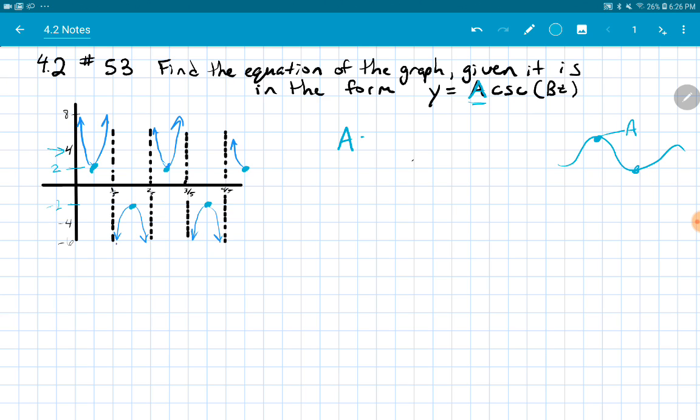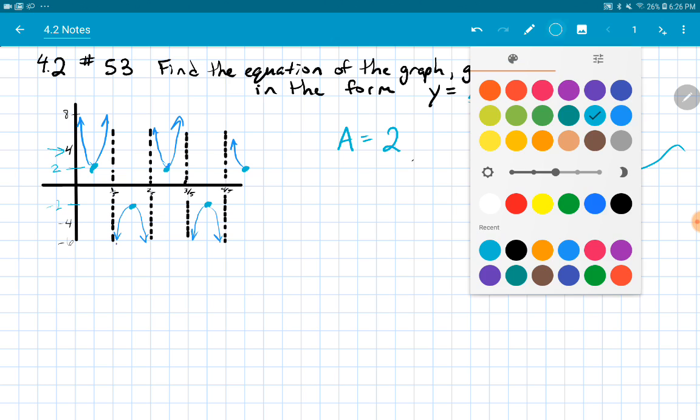So a equals 2, and I know a is positive because it's not flipped. Between 0 and the first period here in the reference rectangle, it's going up, just like the sine would with a as a positive number. So a is a positive 2. And then to find b,